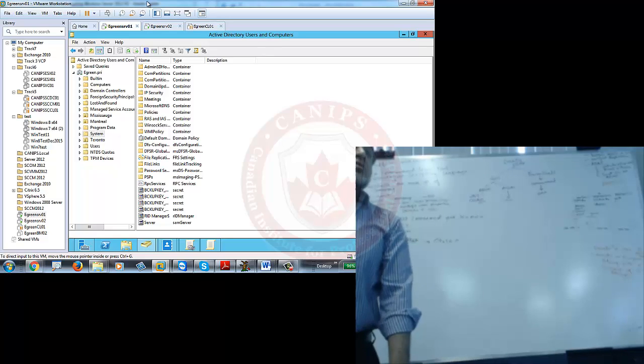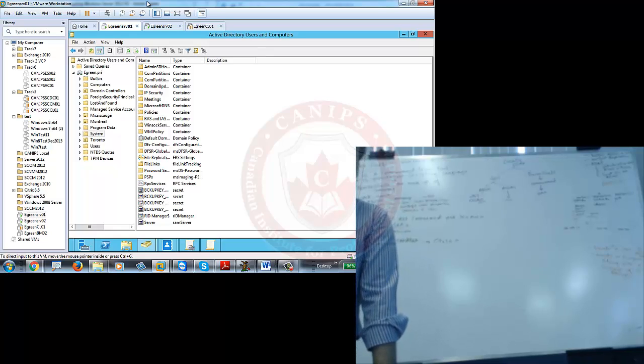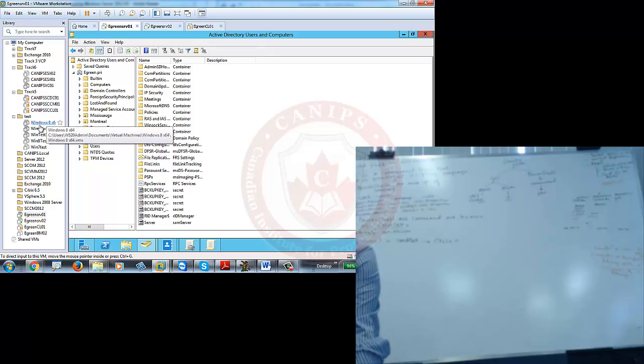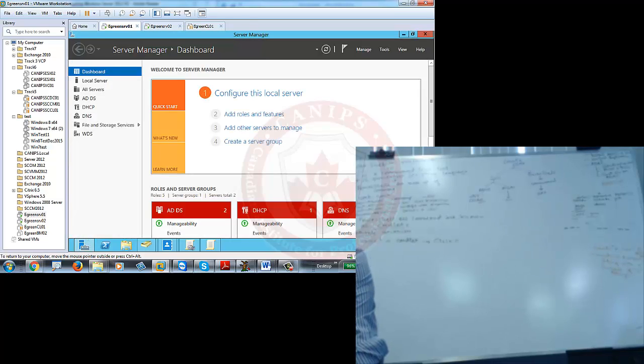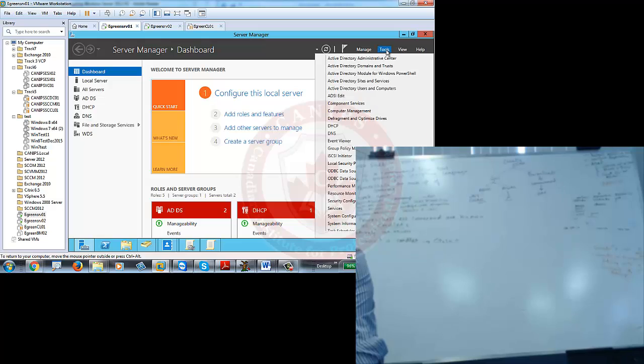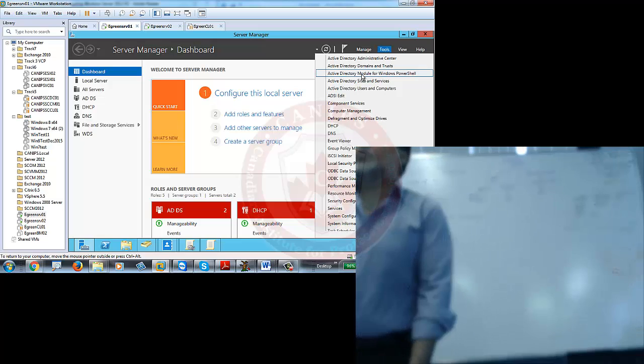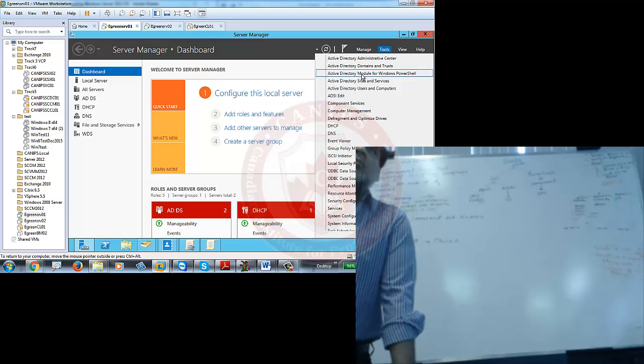Now, in order to work with PowerShell, PowerShell commands are not run in all of the applications. They can run only in their own shell. So if you ever need to run a PowerShell command, all you need to do is go to Server Manager, and from Server Manager go to Tools. Within Tools, go to Active Directory module for PowerShell, and in this PowerShell you'll be able to run